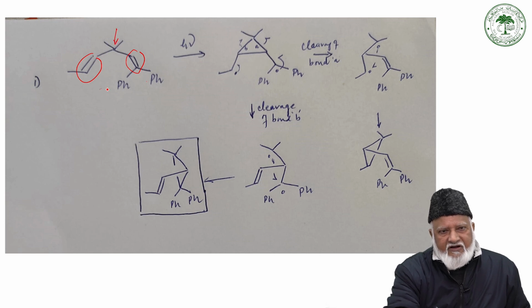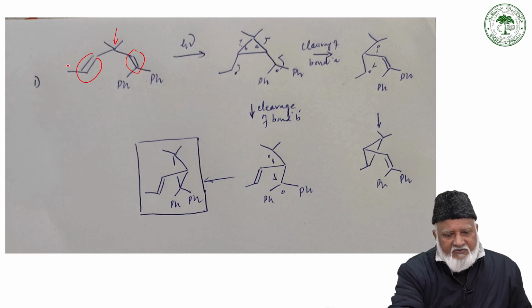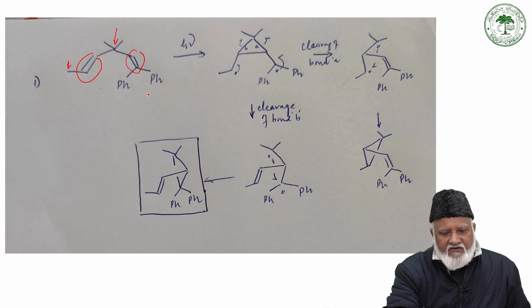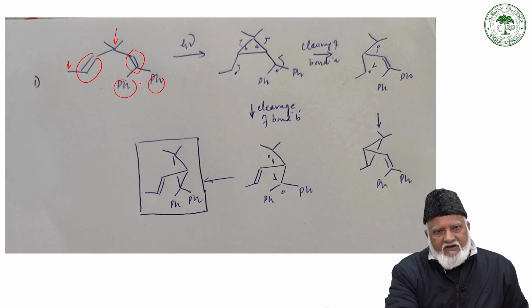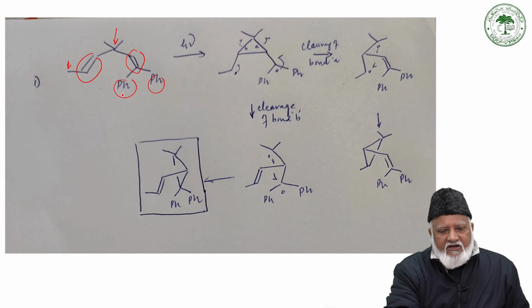These two double bonds are unsymmetrical. Here there is a methyl group, and this double bond has a 2-phenyl group. It is a 1,4-diene system, and it can undergo di-pi-methane rearrangement because the basic criterion for di-pi-methane rearrangement is two pi bonds separated by a